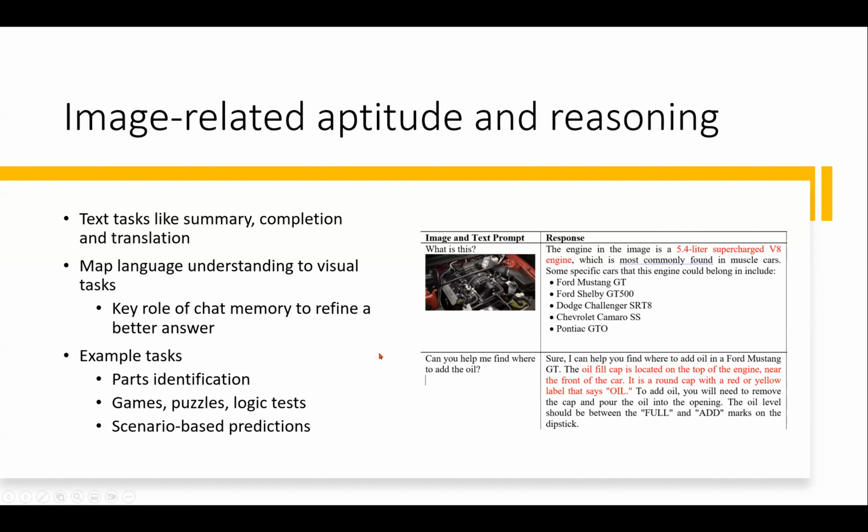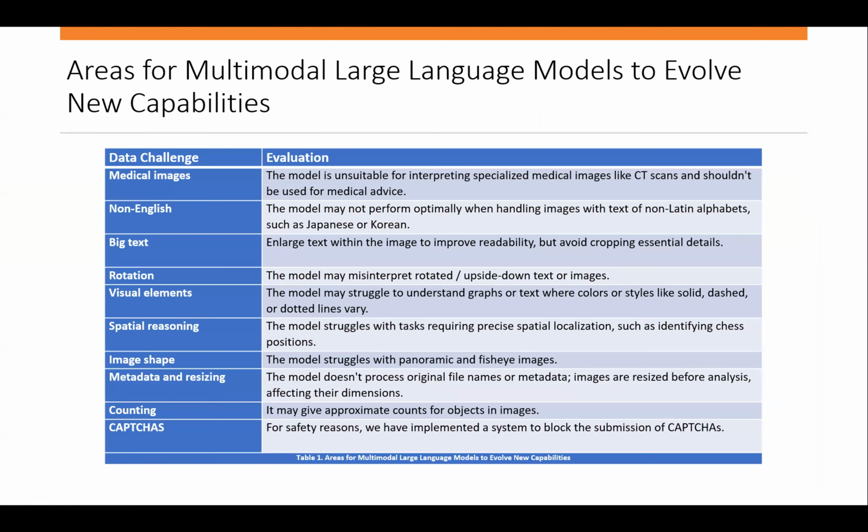So this is the list that OpenAI put out of things not to do with a vision model. In other words, we recognize it does some things well, like image part identification was pretty good, but don't try and do these things. So obviously medical imagery, life and death situations, it's probably unsuitable. There's a big field of the training data is very biased toward English. And so a lot of the instructions you can give it, like don't act like a toxic person, as a precursor for AI safety,